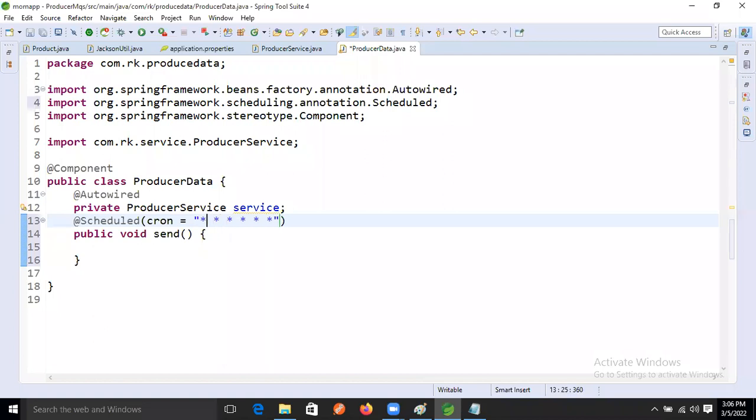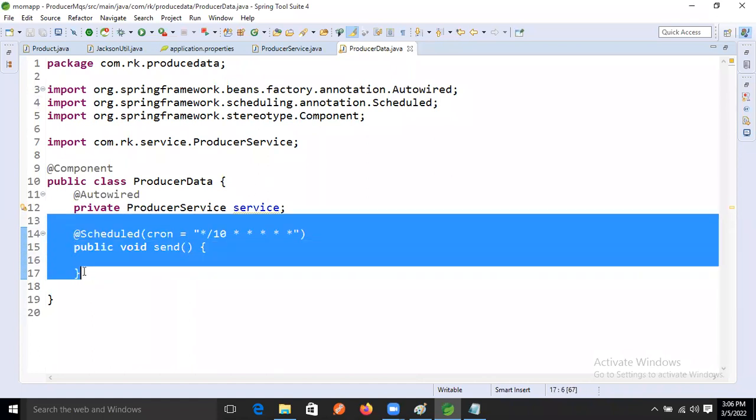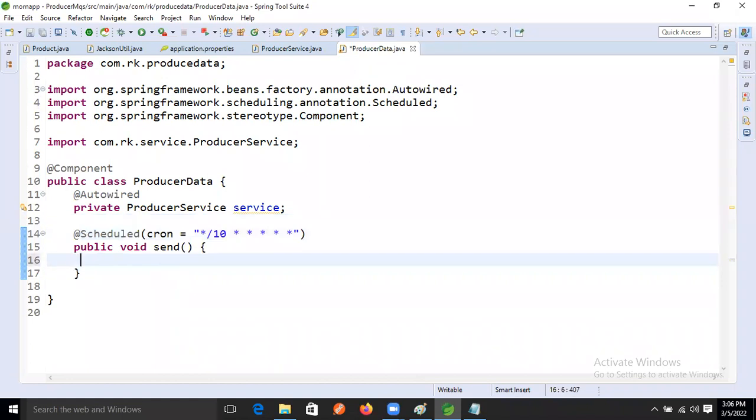Now every 5 or 10 seconds, let's take 10 seconds, so here 10. Every 10 seconds this method will execute, producing the data to the consumer. Which data do we need to send? We need to send product data, guys. So fine, now let's do that.